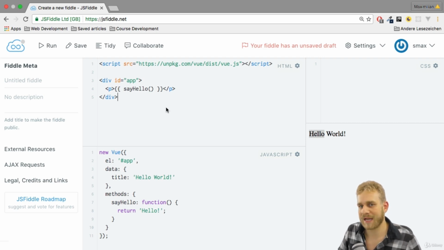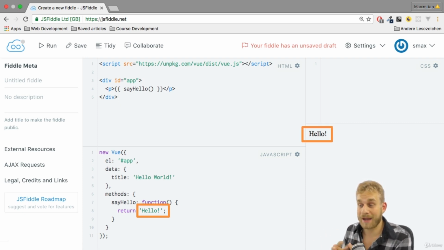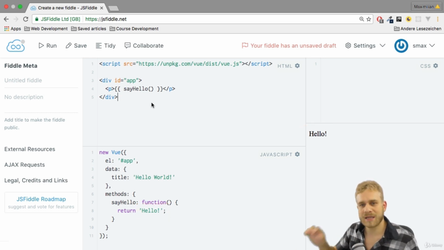Now, what do you think we'll get? I'll hit Control Enter here in JS Fiddle to quickly re-update the HTML code, and we can clearly see hello. This happens because it's perfectly fine to execute a function in between the curly braces. The important thing is that it returns something which can be output here in the DOM. So basically something which can be converted to a string. No complex object or no return value at all. It has to be something which can be converted to a string,